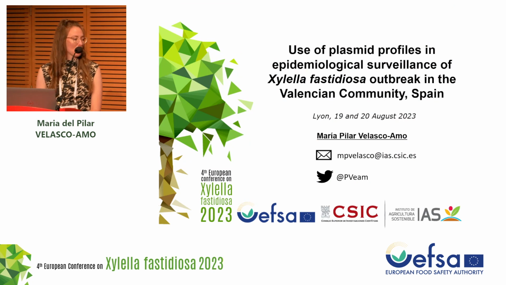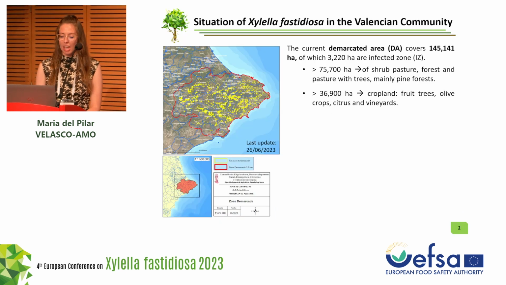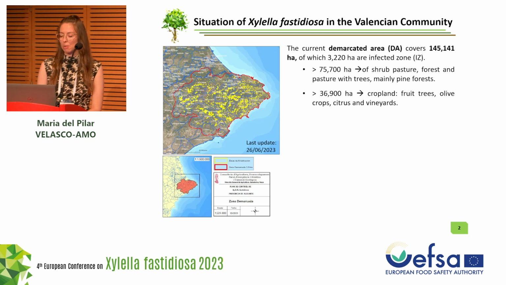So thanks for the presentation, and today I'm going to talk about the use of plasmid profile in epidemiological surveillance of Xylella fastidiosa outbreak in Valencian community. Since the first detection of Xylella fastidiosa in almond tree in Alicante province in 2017, the limit of the demarcated area has been increasing. So nowadays, the demarcated area covers more than 1,000 hectares,